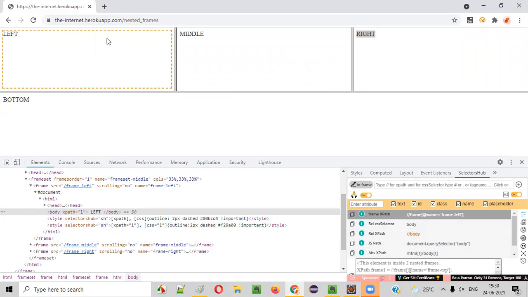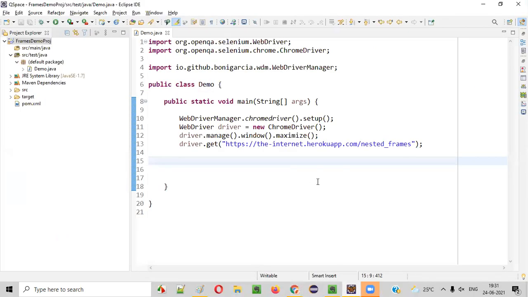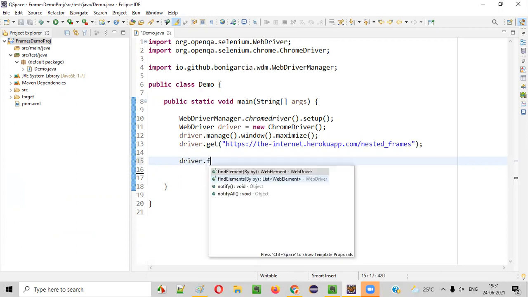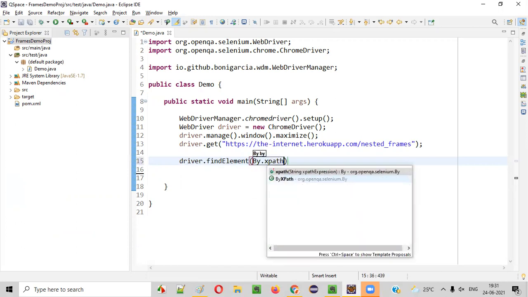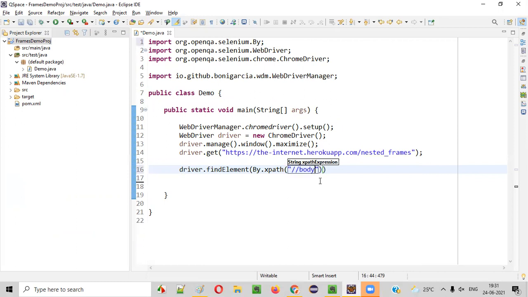Here, SelectorsHub is suggesting that this particular left is inside an iframe. You see, it's very clever, right? SelectorsHub is already suggesting that this left thing is inside a frame. Okay, fine. Anyhow, let's pretend that it's not inside a frame and directly try to do some operation. driver.findElement(By.xpath) with the XPath of that left thing, and say .getText. Why do we have to use getText, guys?